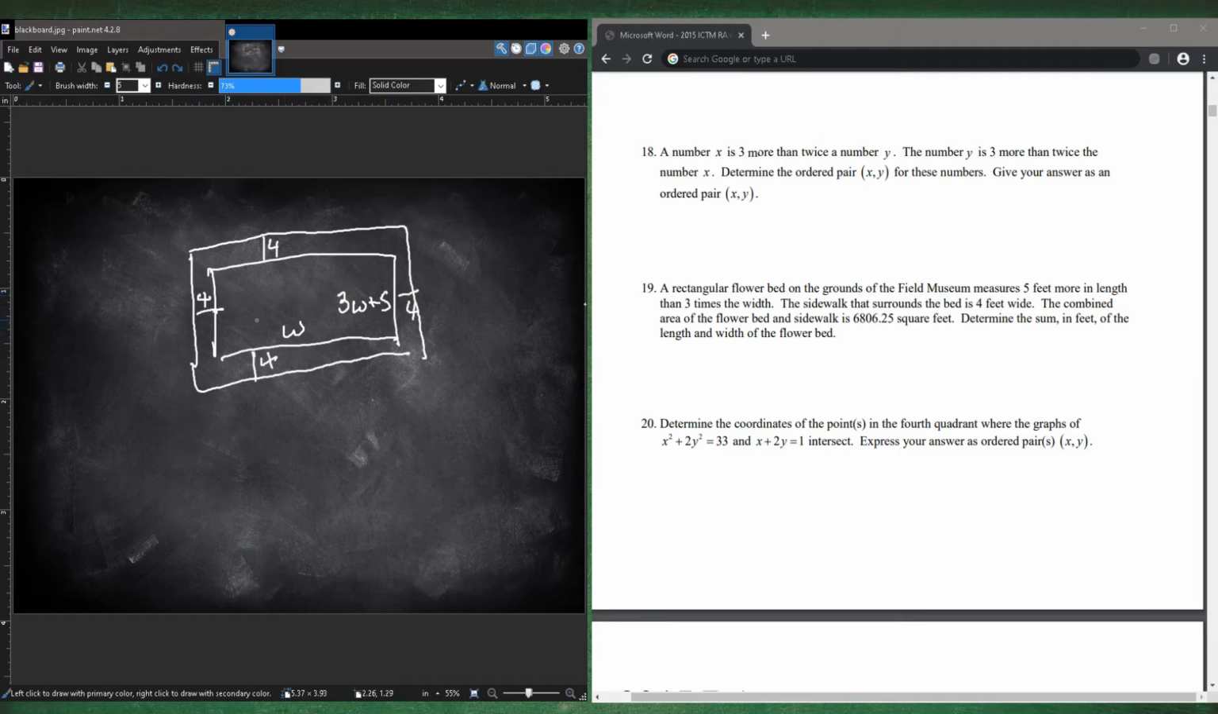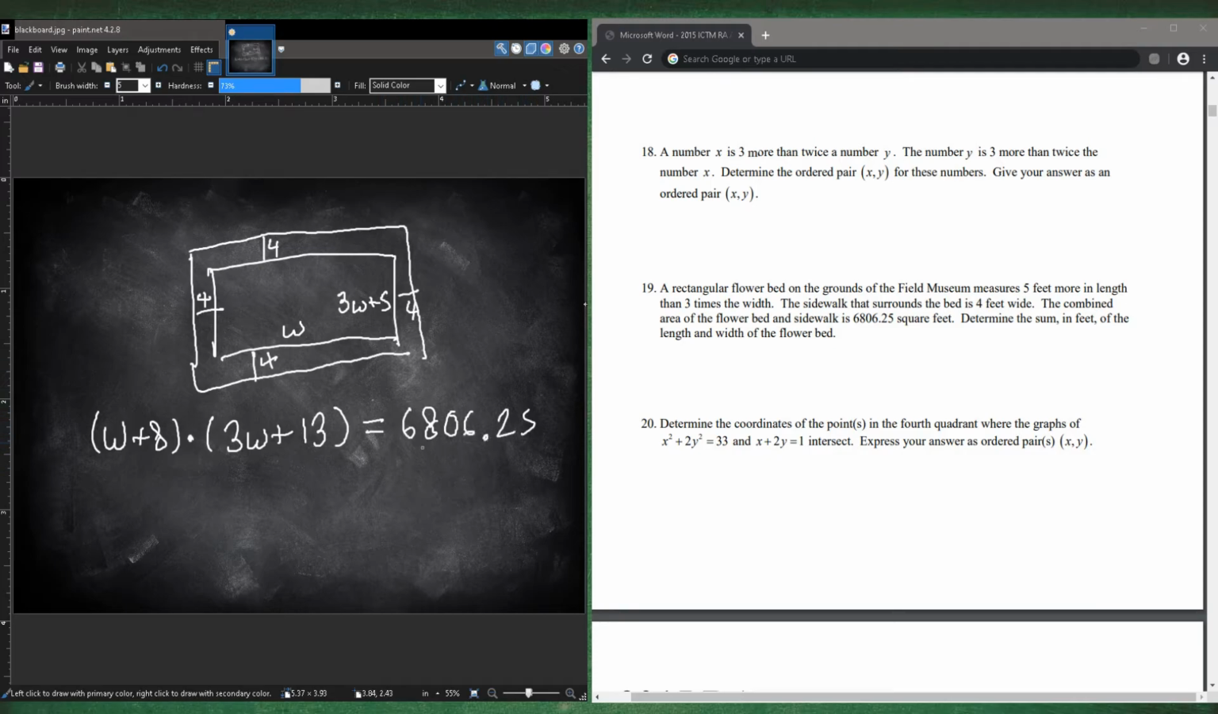So the entire length is this plus this other 4, right? So our width plus 4 plus 4 is 8. So W plus 8, that's our width of this entire thing, times our entire length, which is 3W plus 5, plus the 4 plus the 4. So 8 plus that 5 is 13. So 3W plus 13. That multiplies out to